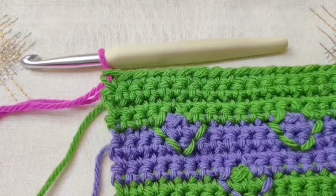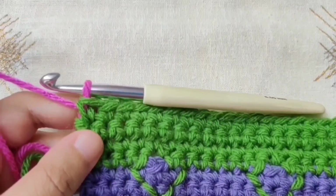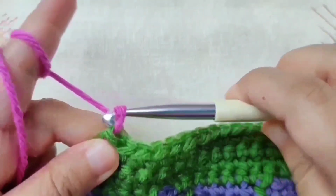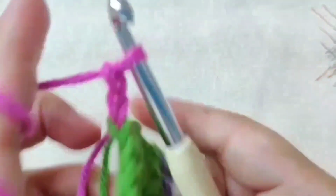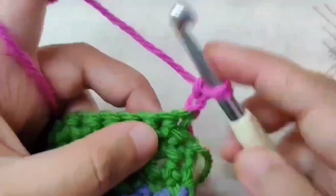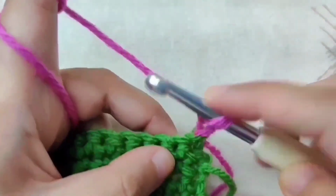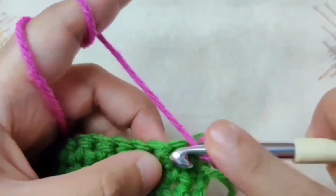This is pattern B, and in every new pattern we are going to start with row 1 again to avoid any confusion. So row 1 of pattern B, chain 2, 1 and 2. This is going to count as a half double crochet. Turn your work. So we are not going to work in this first single crochet because we have already made a half double crochet. In the next single crochet we will make another half double crochet,